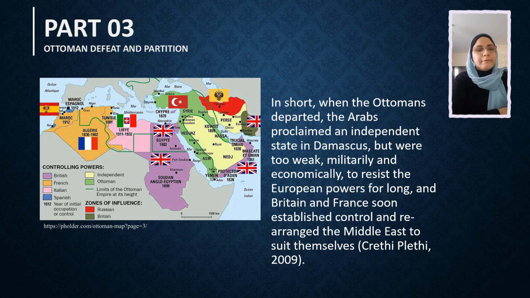was made into Jordan, which was also a British mandate, and most of the Arabian Peninsula fell to other British allies. Ibn Saud as well, whose tribe was much respected in the Arabian Peninsula, took over the area and made it into what is today called the Kingdom of Saudi Arabia. That was in 1932. So from the 1920s onwards, a lot of Arab countries gained more or less independence. Not full, of course, because there was always British or French involvement, but they did move towards independence. You have, for instance,